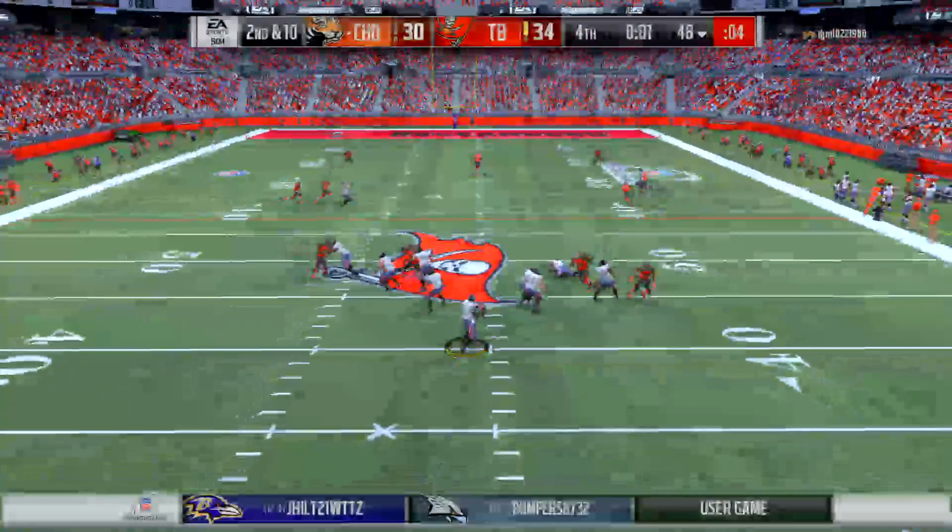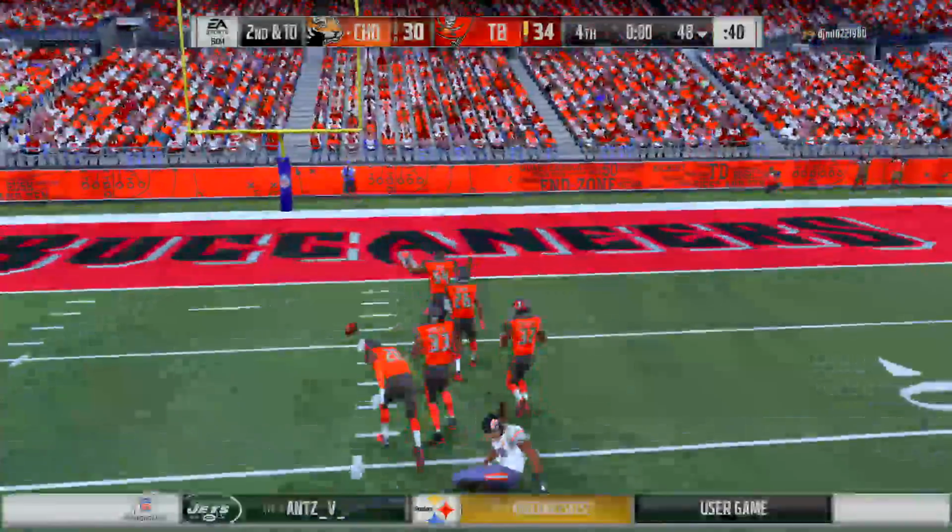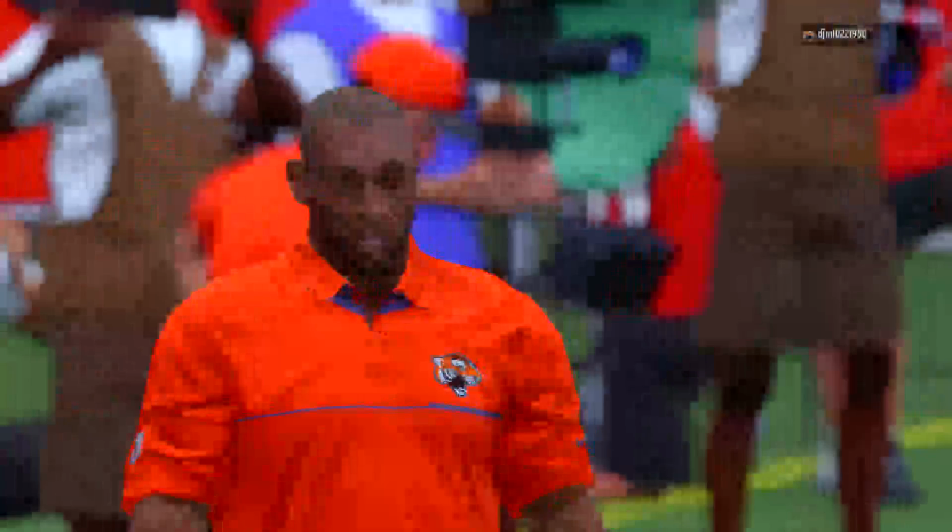One final try now for Wentz. Now a desperation throw deep downfield. And it's incomplete. So their final drive comes up empty. And with that, the ball game is